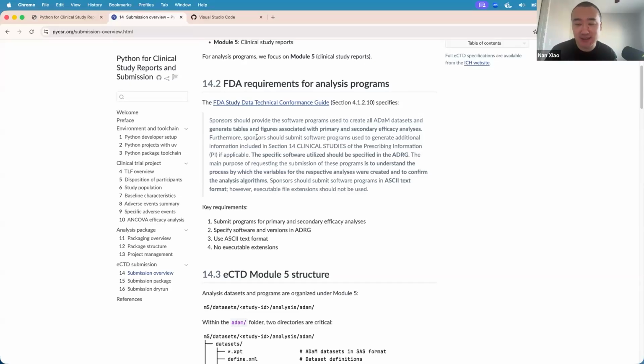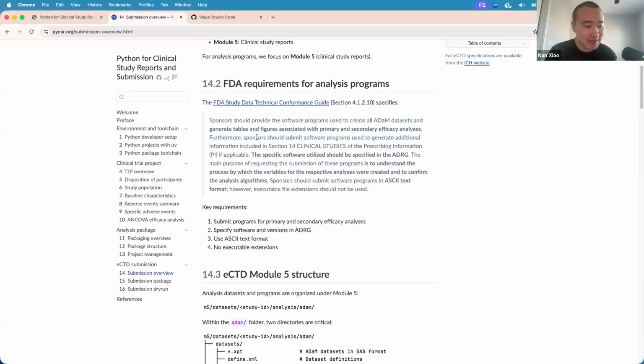Everything in it will be encoded in a plain text format in a standard way. On the reverse side, you can unpack this text file and restore the original directory structure, right? We will make this an open source tool, so everybody can use it to pack things up, dry run it on the sponsor side and also on the reviewer side, right?